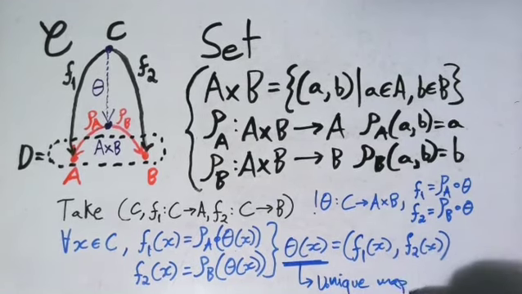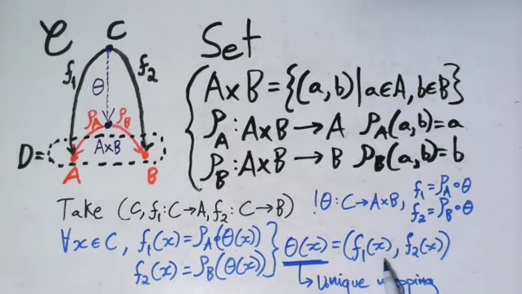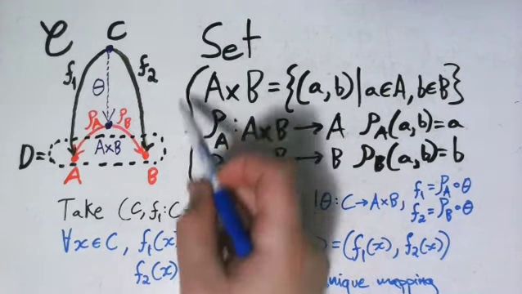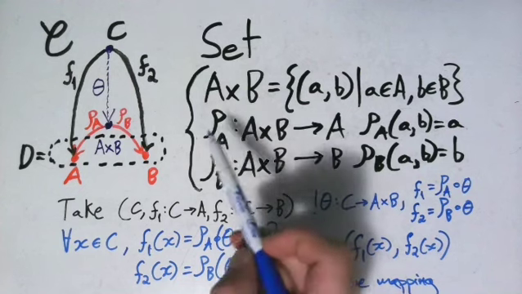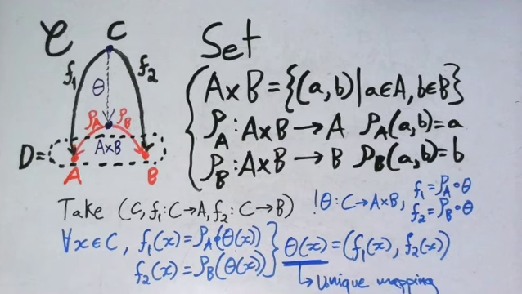I just need to agree with F1 on every x in the first slot, and I need to agree with F2 on every x in the second slot. So I have no choice. I only have one way of defining theta of x. And so it turns out that we have that this triple is a product of A and B in the categorical sense, not only in the